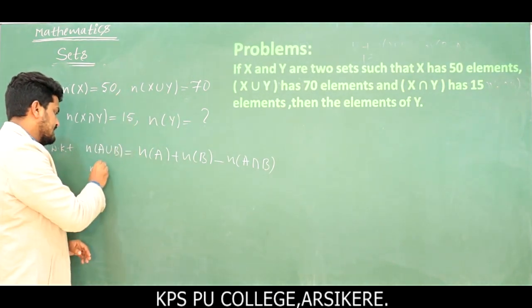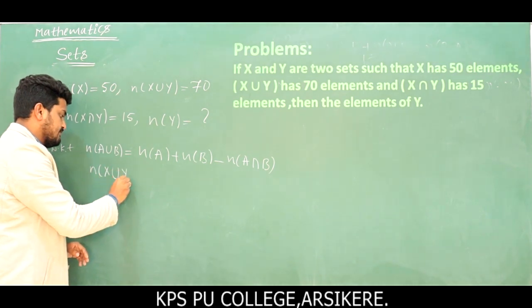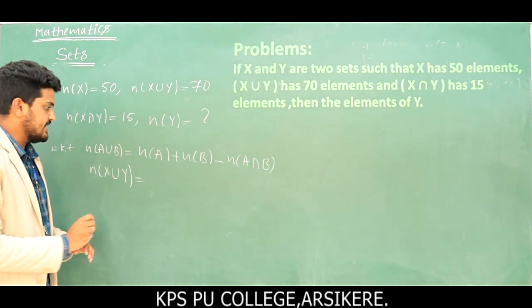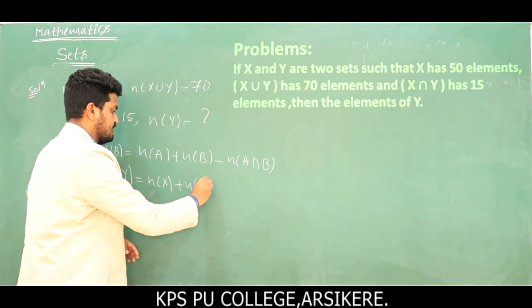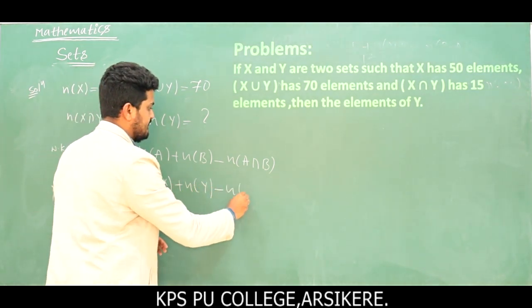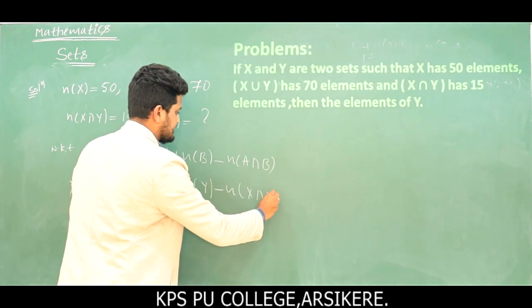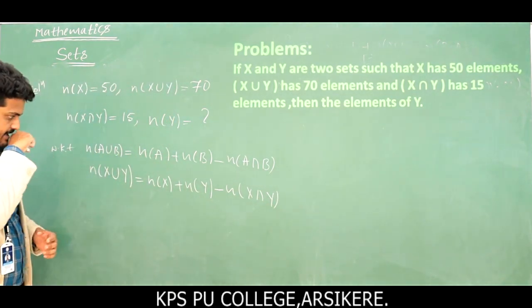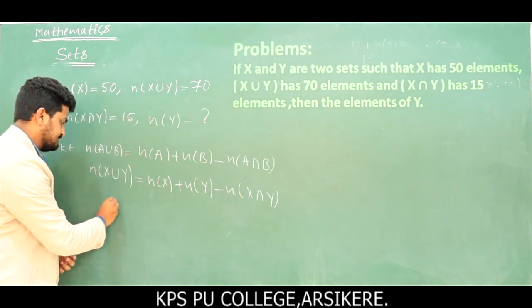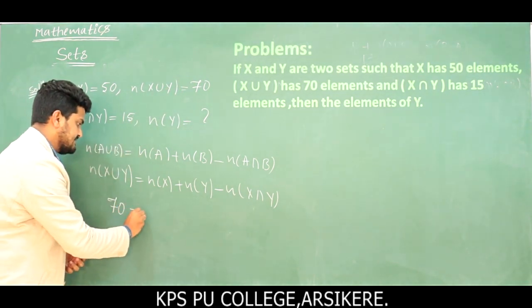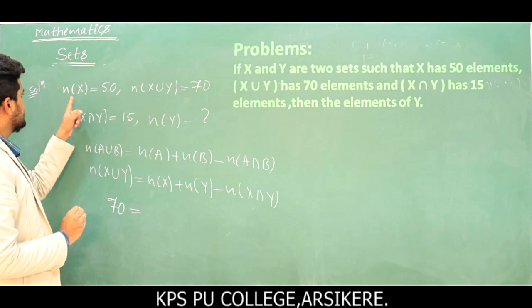So n of x union y is n of x plus n of y minus n of x intersection y, right? So n of x union y they have already given as 70, which is equal to n of x, value 50,